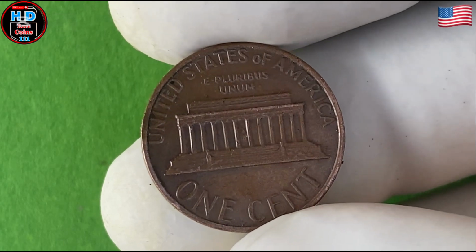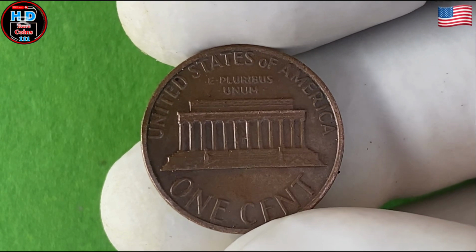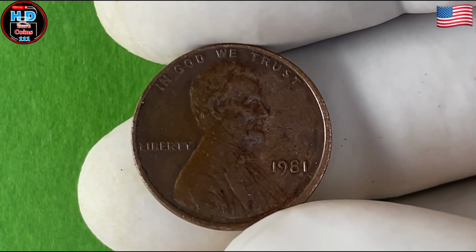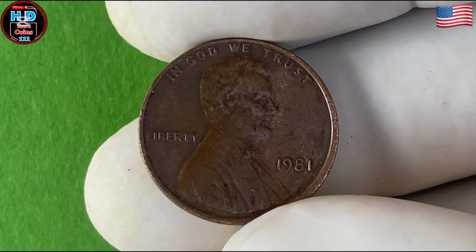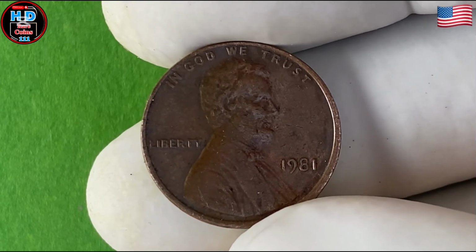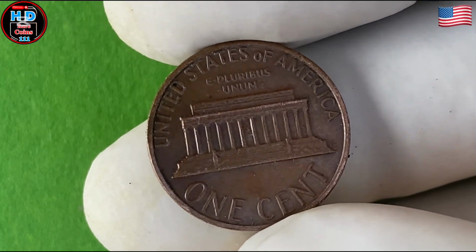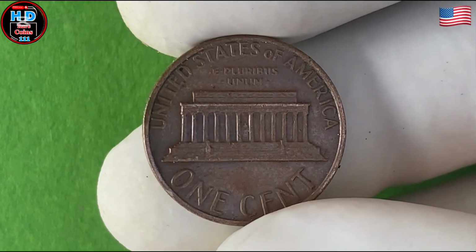In conclusion, the 1981 Lincoln penny is an iconic part of American coinage, beloved by collectors and historians alike. Its rich design, historical significance, and potential for rarity make it a coin that will continue to captivate and inspire. As the value of well-preserved or error-struck examples continues to climb, the 1981 penny remains a shining example of American numismatic excellence. Whether displayed in a collection, held as a piece of history, or considered for its potential investment value, this small yet mighty coin carries a legacy that spans generations and will continue to be appreciated for many years